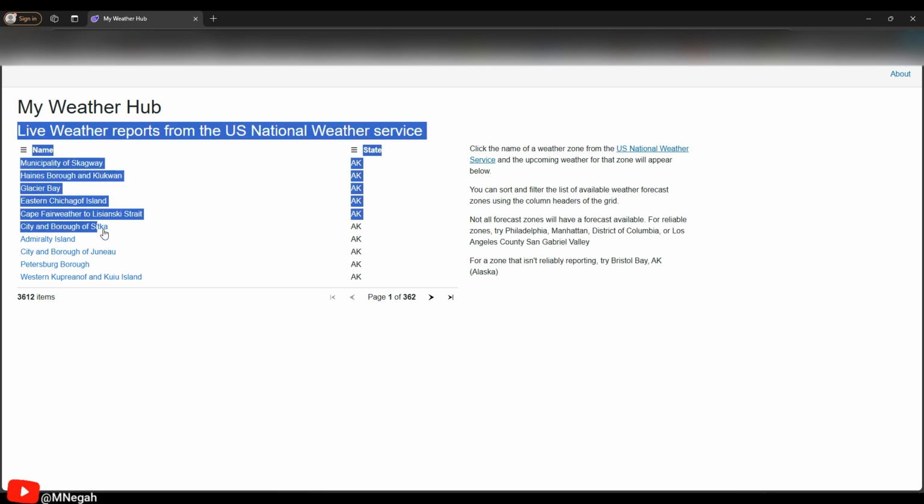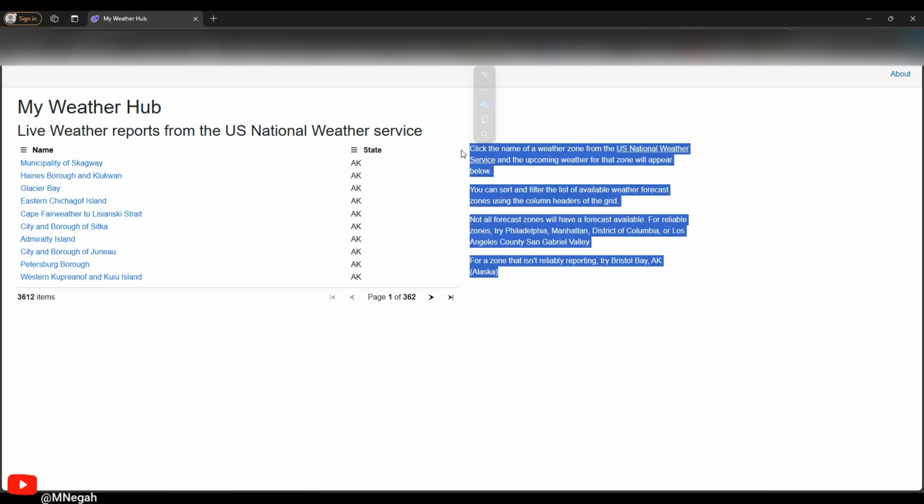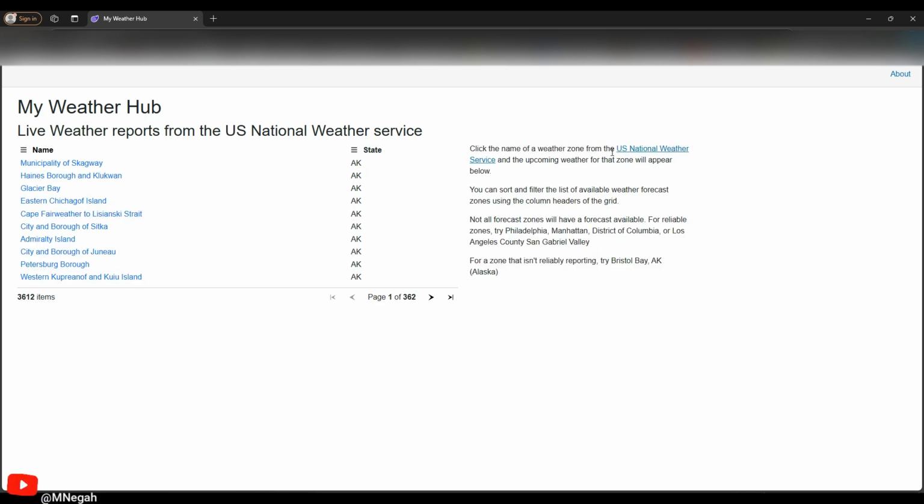On the left side of the screen, I'm using Blazor's quick grid to display a list of weather stations. On the right, there is some text that explains the app, gives a link to the National Weather Service and shows information about a couple of locations. This is helpful for those who might not be familiar with US geography and want to explore different places.